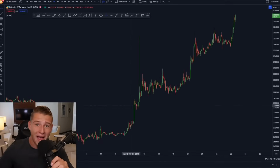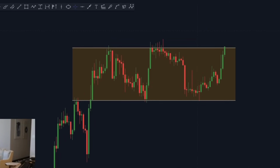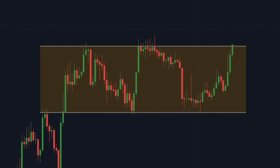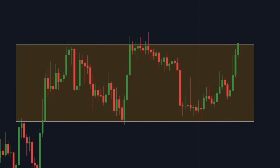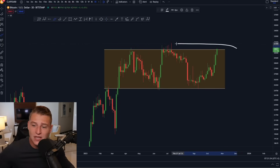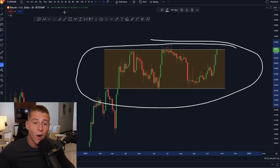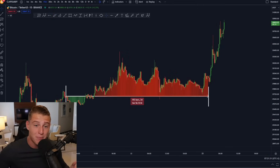Bitcoin is pumping massively towards the upside right now, and at this exact moment we are retesting the most important resistance of this entire price range, because yes, Bitcoin has been moving up here, but it's still trading in this exact same price range. So I will talk about what this means today and where we should be looking,